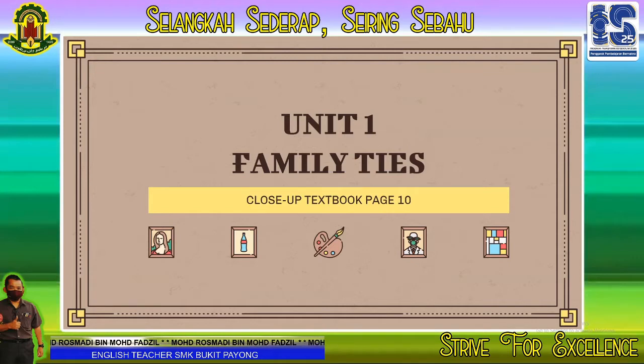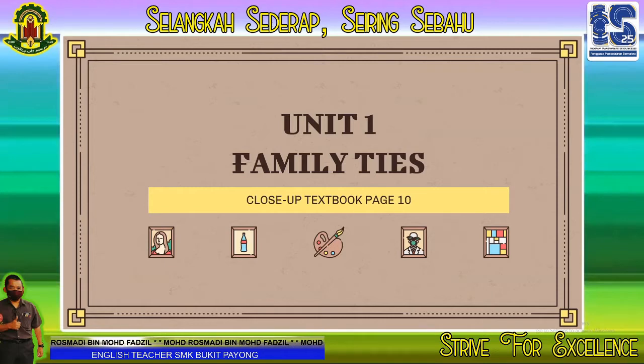I hope you are ready with your textbook. Turn to page 10 and also one of your exercise books. Today I want you to use exercise A, or book A, buku A.